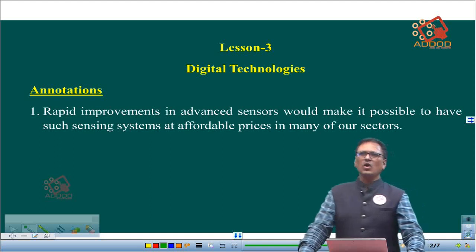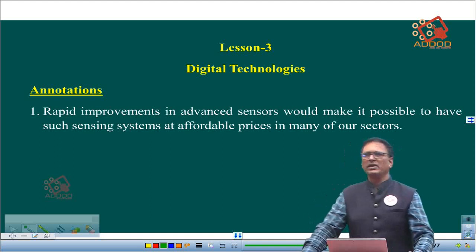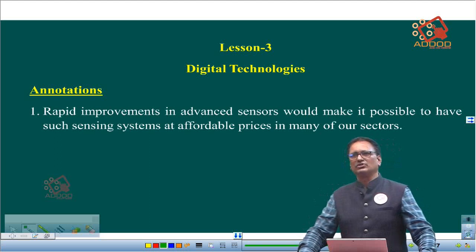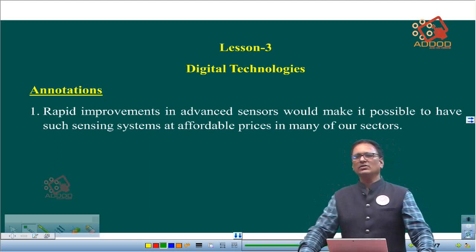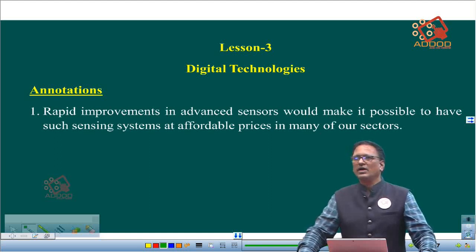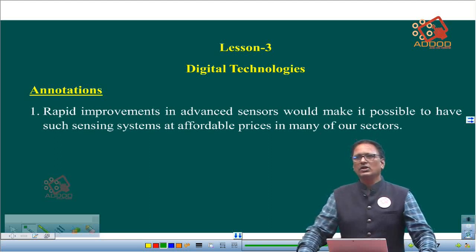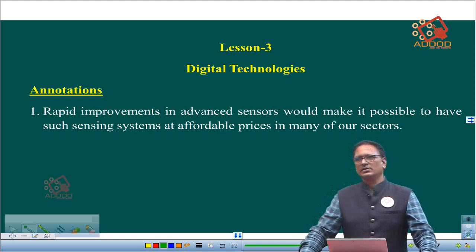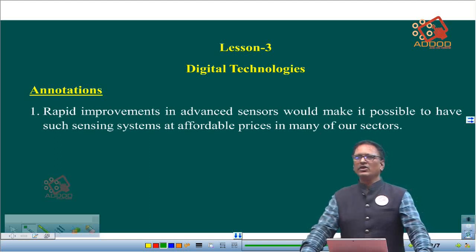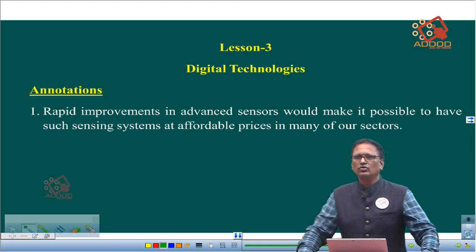Here, in the name of answering, you are also doing another thing, that is creating impression. So with your annotation, what are you trying to do? You are trying to create an impression, and that impression comes by what? It comes by your language, your words, the words that you choose to write sentences. So today I am giving you a model of how to attempt every annotation in these classes.